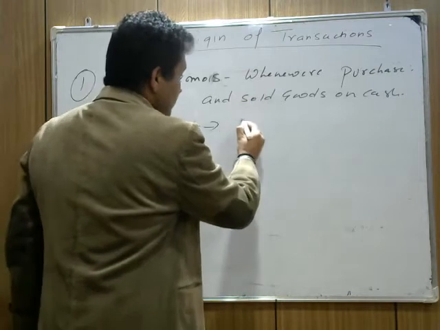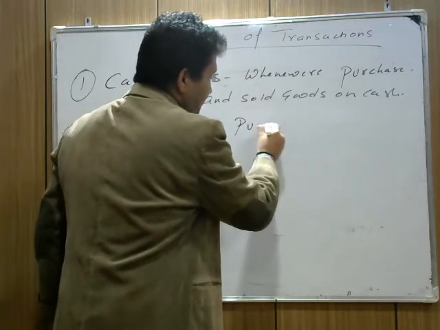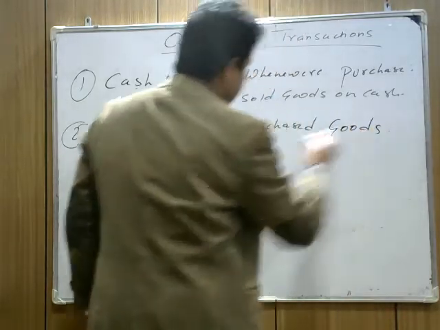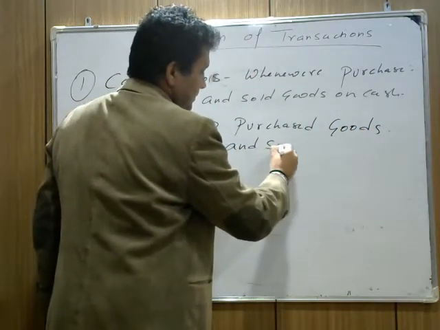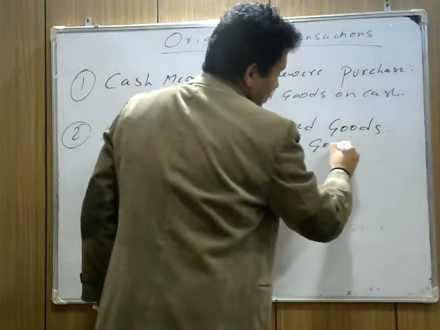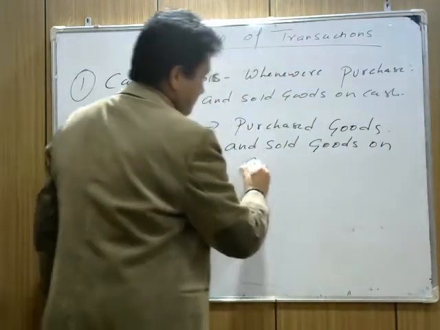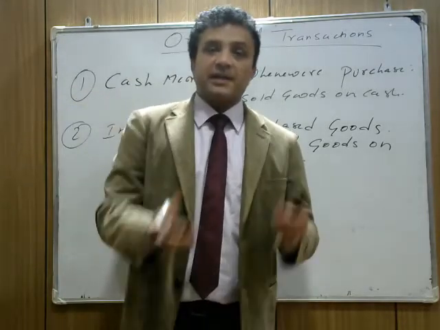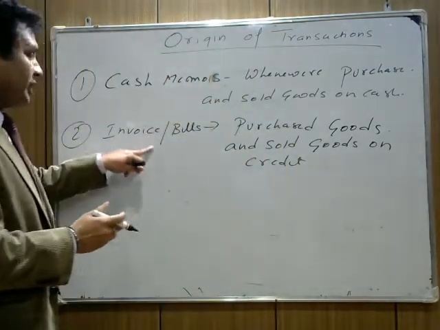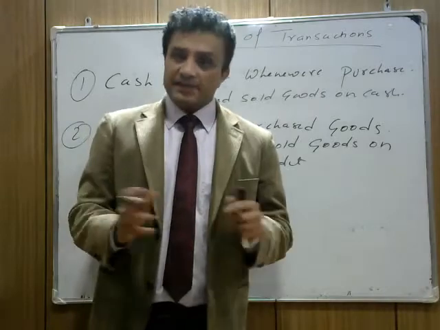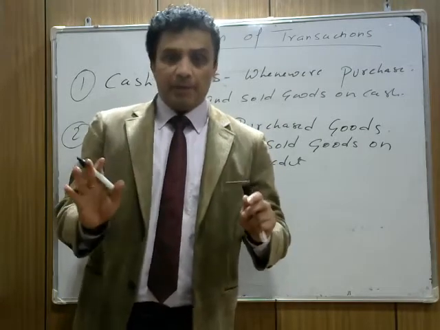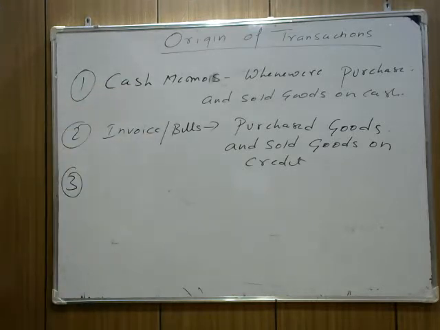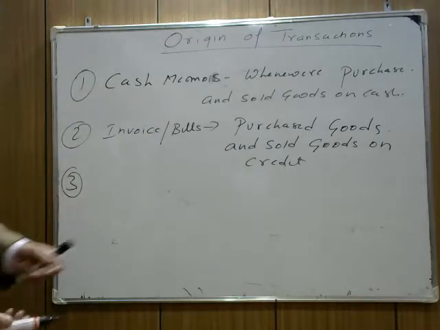That means note down please. Whenever we purchase goods and sell goods on credit, जब भी हम गुड परचेज करते हैं या सोल्ड करते हैं क्रेडिट में, we prepare invoice, or we call it bills. Is it clear? Now the next part: the first document is cash memo, next is invoice document or we call bills, next